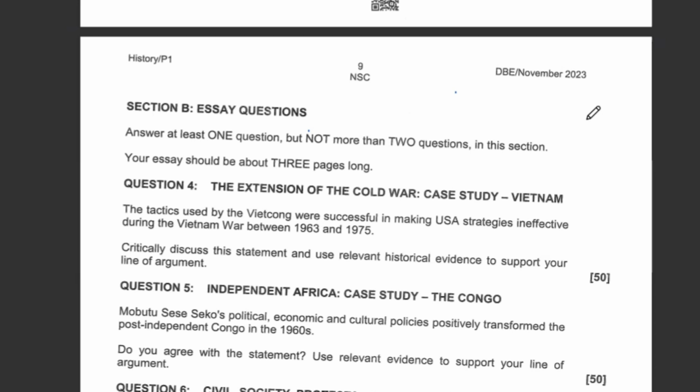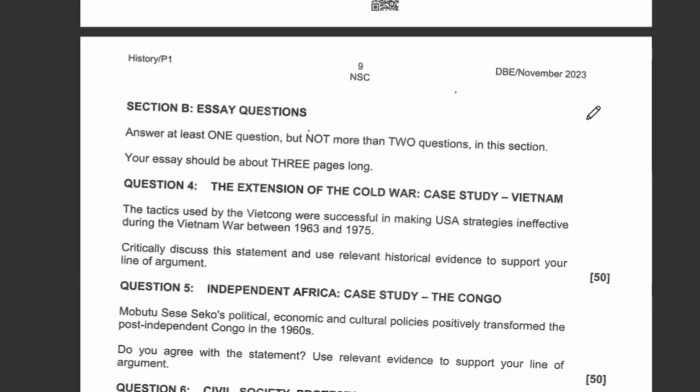We all know that the world was divided via economic ideologies. And the economic ideologies were, one, the ideology of communism and the ideology of capitalism. Countries were grouped according to those two ideologies. So we tended to find that it created tension amongst countries. There was tension which was widespread, globally spread, based on the two economic ideologies of communism and capitalism. And that was also the situation in Vietnam.